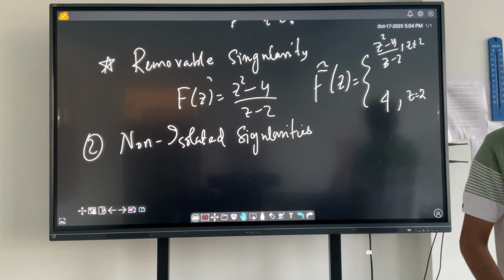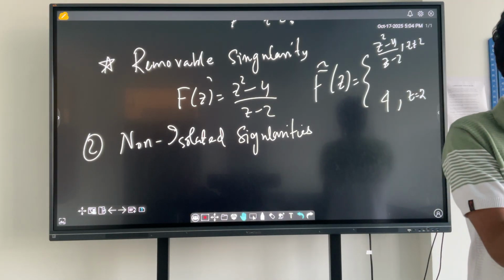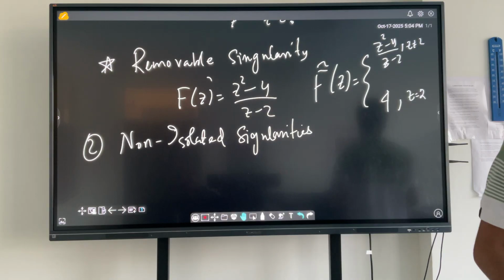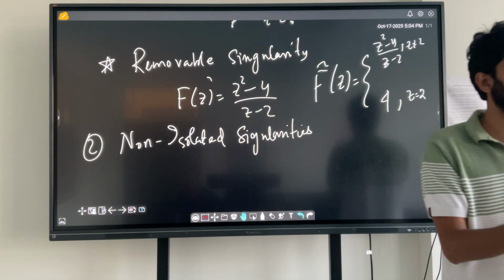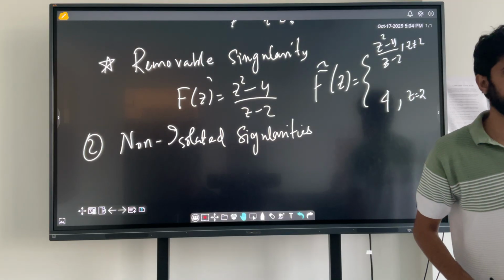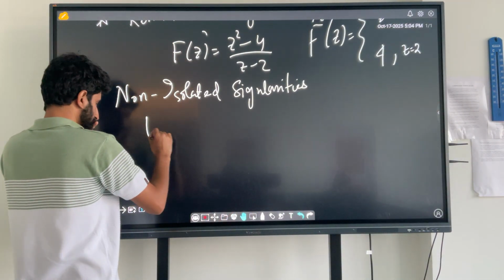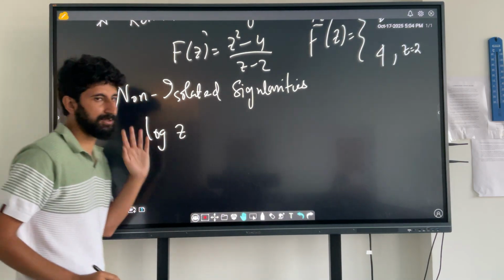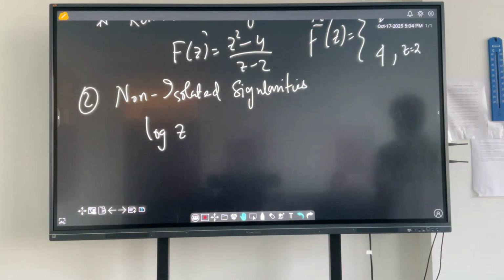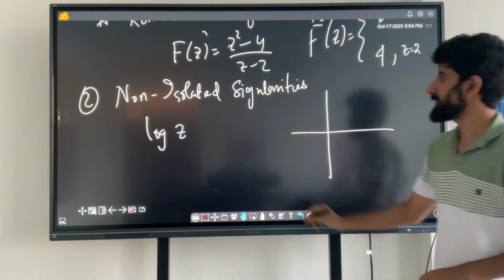So close that if you take a point and construct any small neighborhood around it, you will still capture one more non-analytic point. So you won't be able to find a neighborhood where the function is analytic. So it won't be isolated. I'll give examples of both. What about one example where we're using log z? What about this log z? It is log r